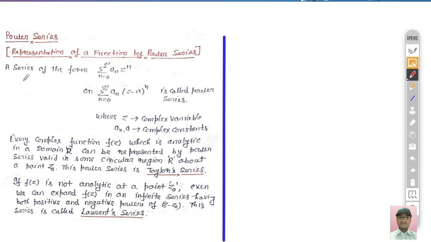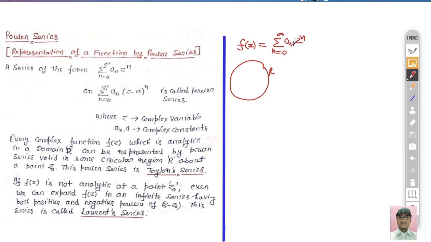So let's start with the first topic, that is, what is a power series. First we try to understand what the power series is. Let's suppose this is a complex function f(z), which is analytic in some domain D, or R. We can expand this function f(z) as a power of z. Then we say that this is the power series form of this complex function, which is the sum for n from 0 to infinity of a_n z^n.